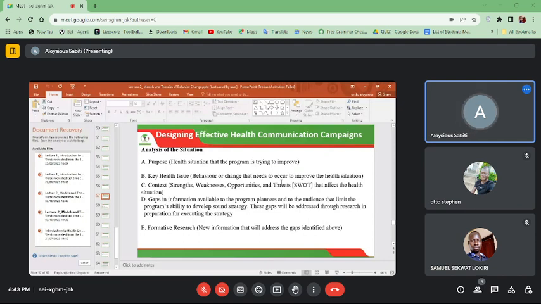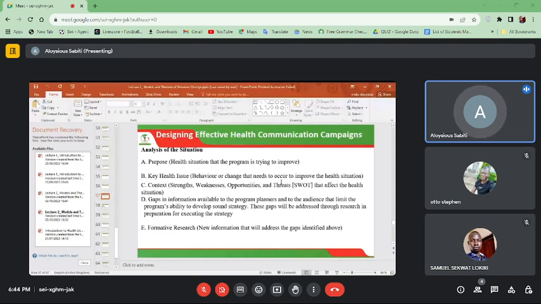their state. So it is now upon you, having identified this key health issue, that you're able to try and engineer something so that there is an improvement in the health situation. So you have to analyze the contexts. So these are all in situational analysis. What are the strengths, what are the weaknesses, opportunities, and threats that affect the health situation.